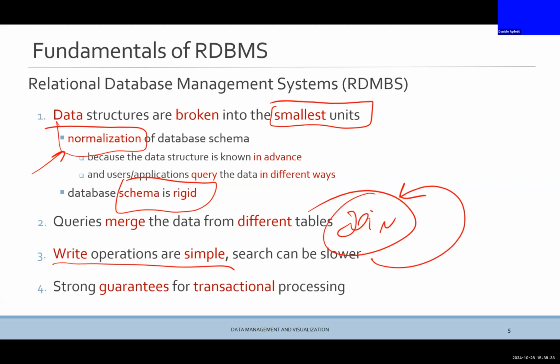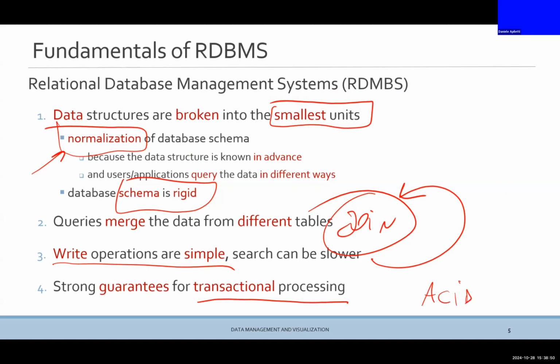Then you have the guarantees for transactional processing. Transactional processing means that you follow the ACID properties. I don't know if you have heard about ACID properties. We'll talk about that later. So I just tell you